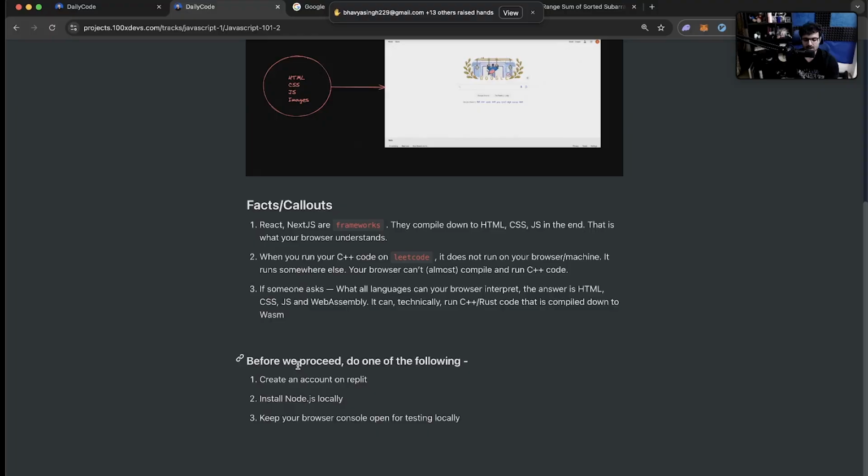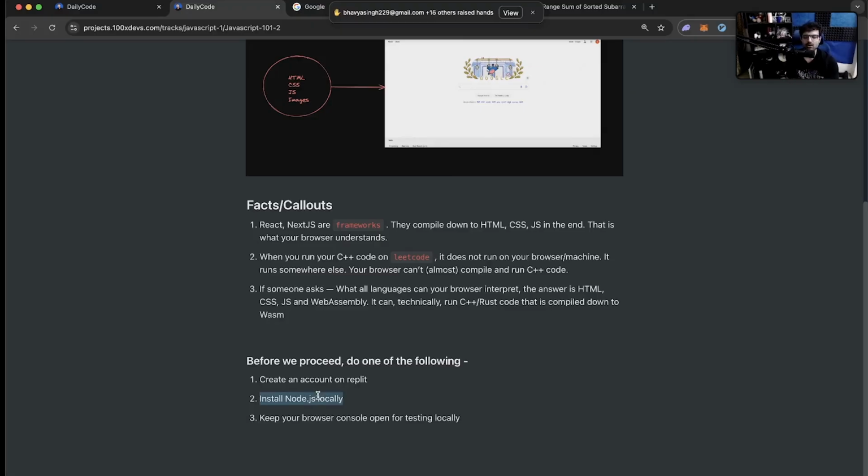All right. Before we proceed, try doing one of these things. Some of you might not have Node.js locally. If you don't, please install Node.js locally. If you do have Node.js, great, you're good to go. If you don't have Node.js, either try installing it locally or quickly create an account on Replit. If everyone goes to Replit together, it goes down. So try to create an account on Replit in batches in the next 10 minutes, so that by the time we reach the fourth slide, you all have Replit up and running. All right. Try one of these two things. If neither of these work, that is also fine.